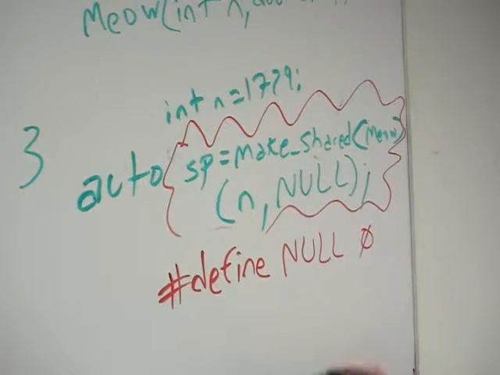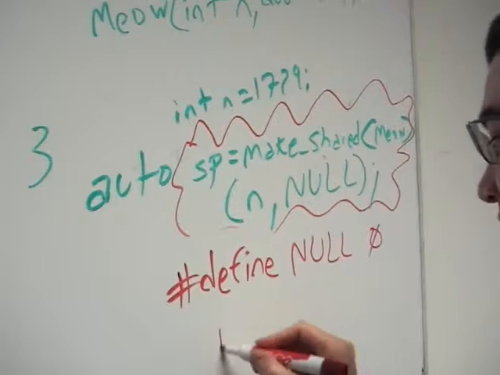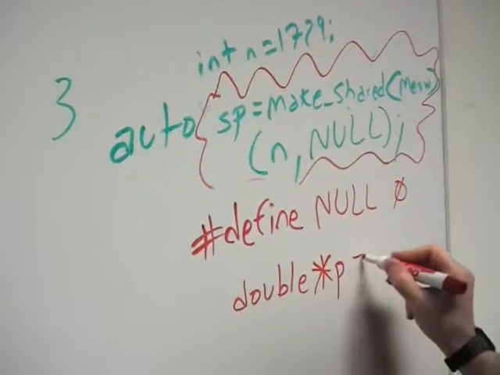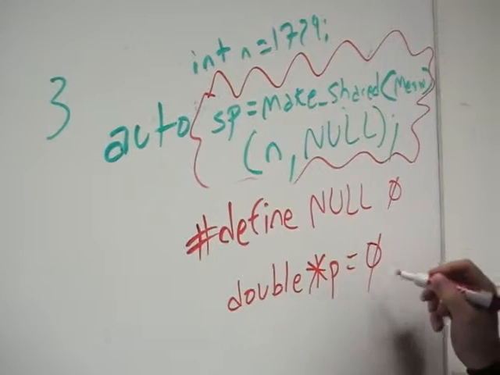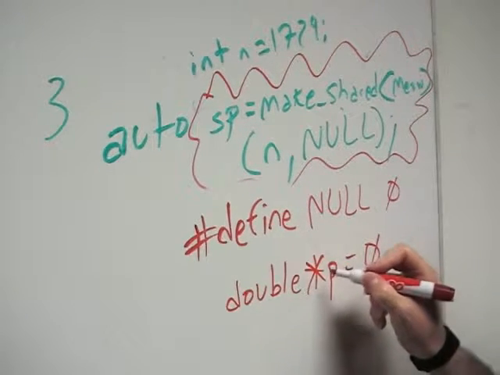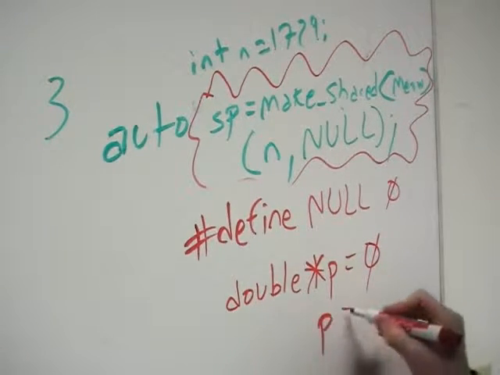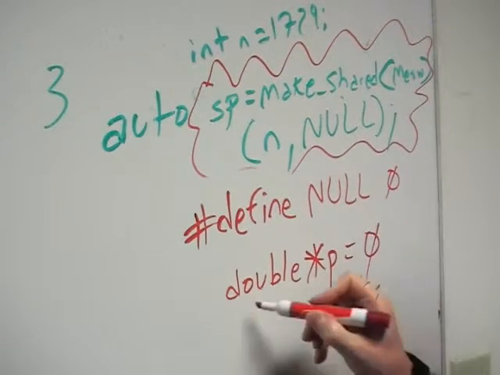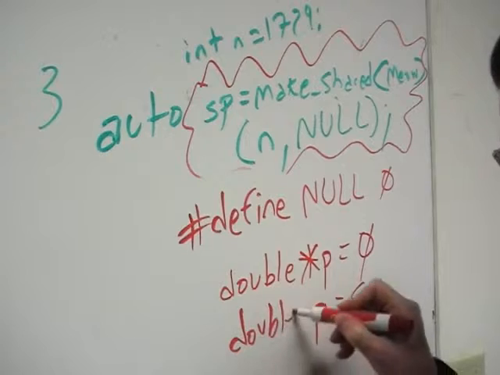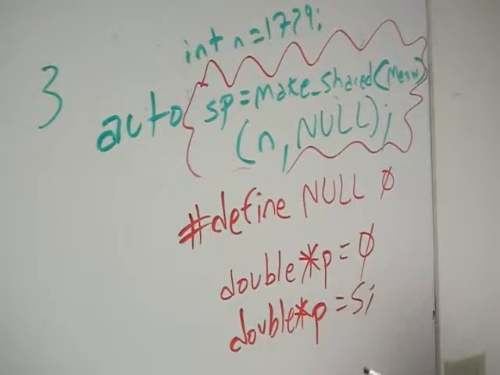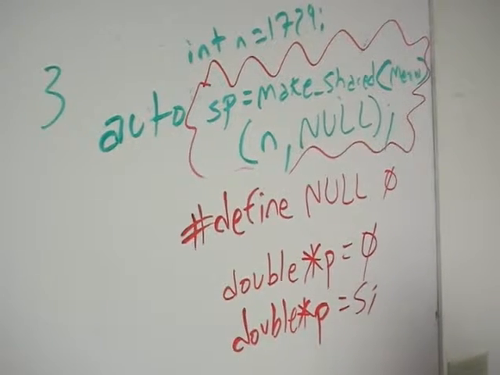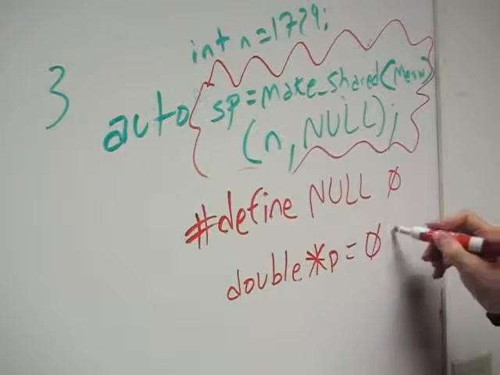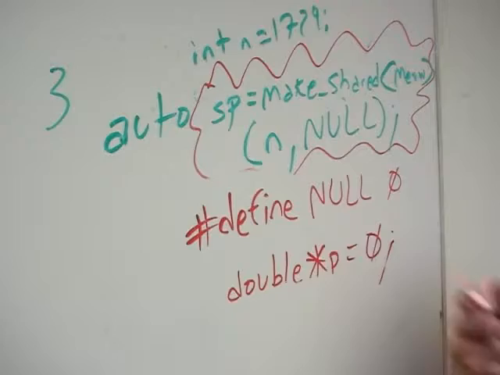And then the language has special rules that say if you say something like double star p is 0, 0 is of type int. This is of type double star. If I tried to say p is 5, this will totally not compile. And of course it shouldn't, because you can't convert an integer to a pointer. That's just nonsense, implicitly. However, if you say double star p equals 0, well, 0 is so popular as the